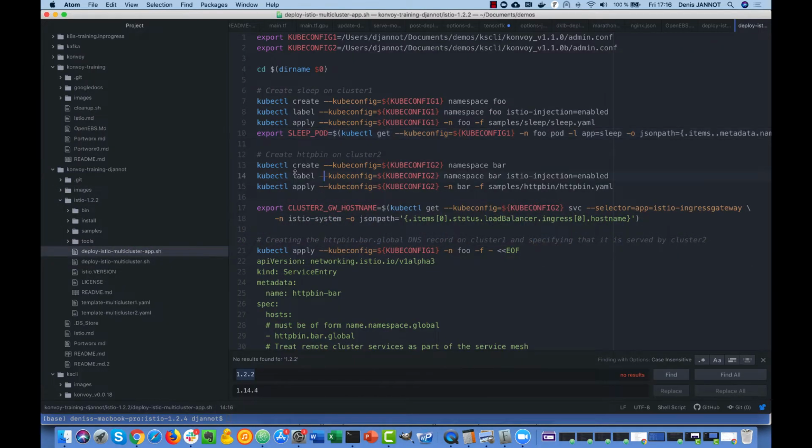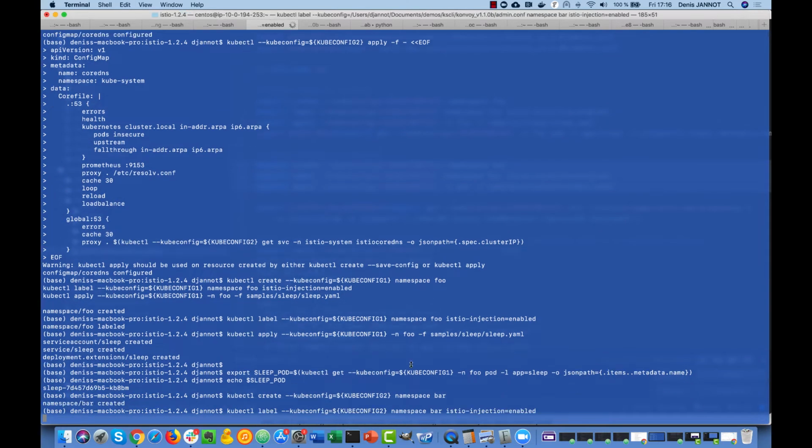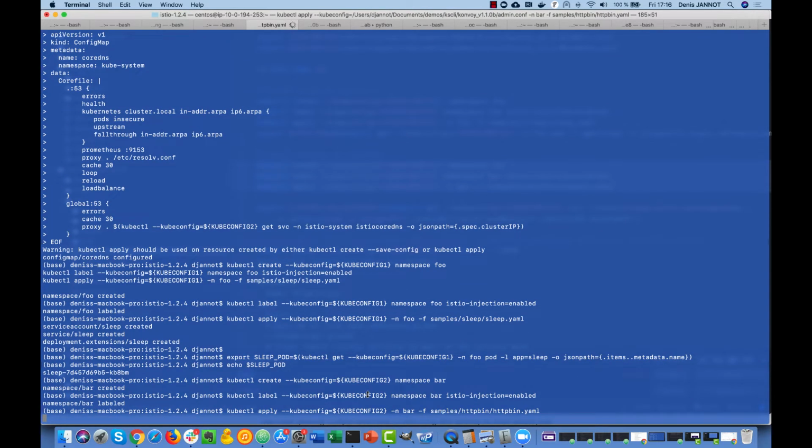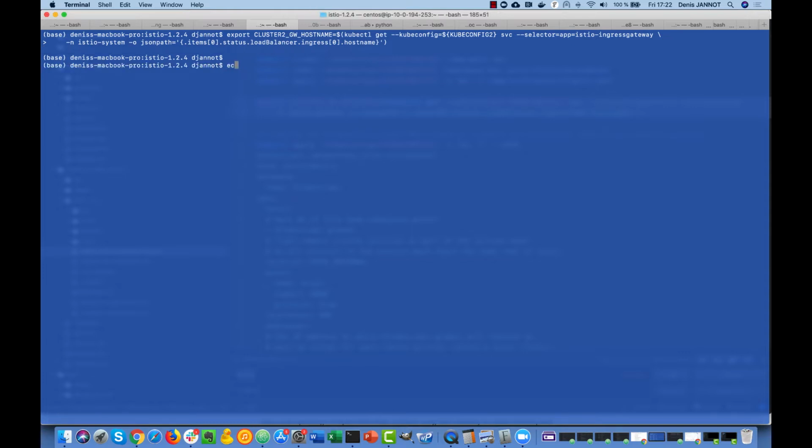So then we create a namespace called bar and another microservice on the second cluster this time, like you can see here. So then we get the DNS name of the Istio gateway of the second cluster, and we check that we have the right value here.